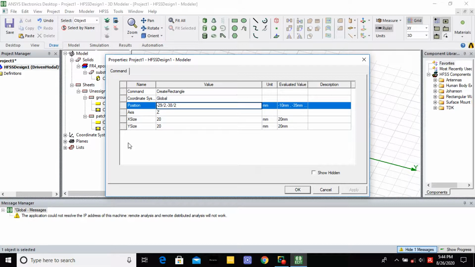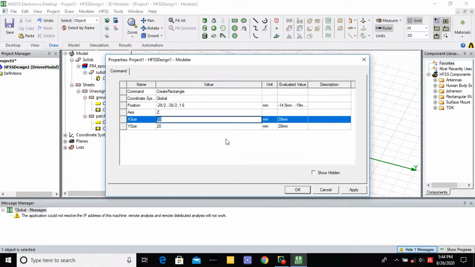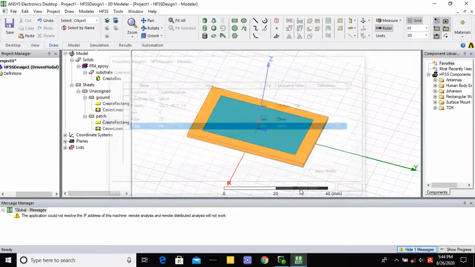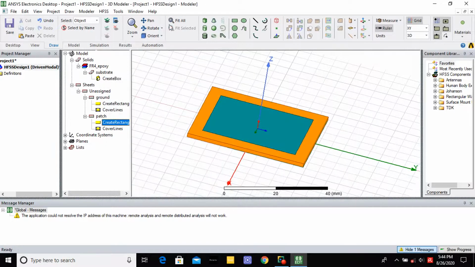Then 1.6, which is the height of the substrate. Here you give 29, here you give 38. Then you give apply, then OK. This is your patch.